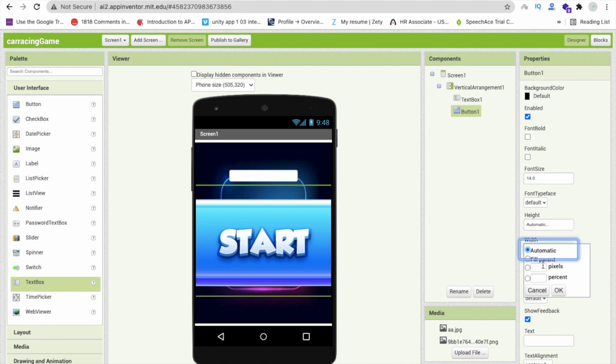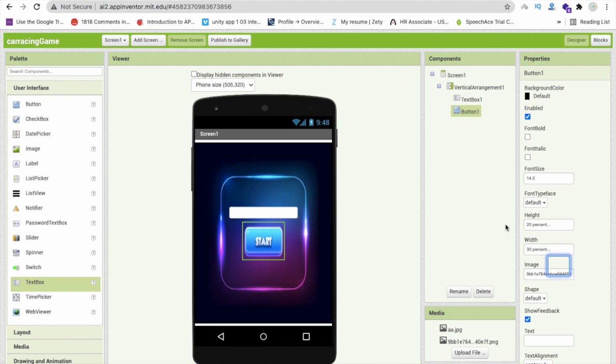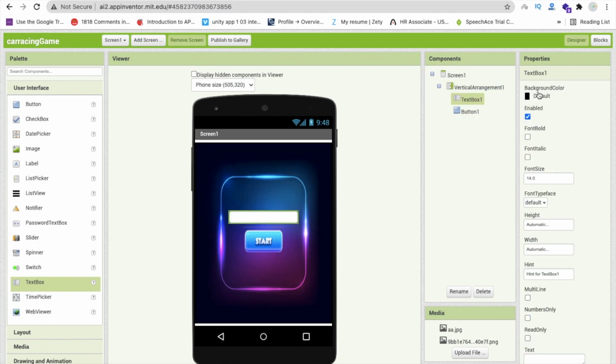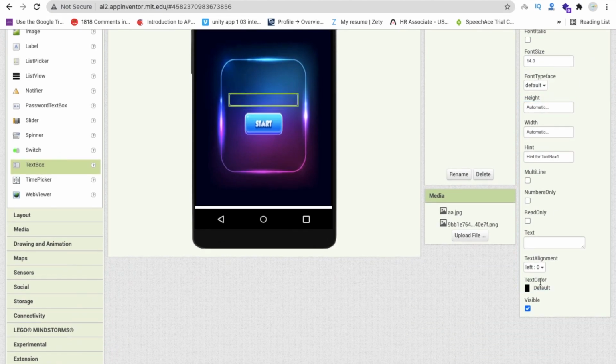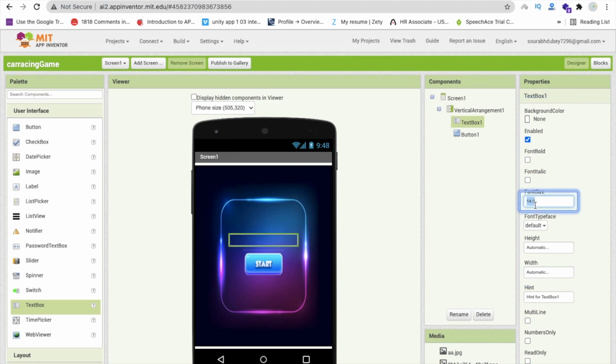I'm going to make the width suppose 30%, and the height 20%, or you can make it 15%. Oh, it looks perfect. Right. Now you can see that's the text box. So what I will do here, the background color of that text box is none, and I'm going to make the text white, and I'm going to change the font size to at least 18, like this.